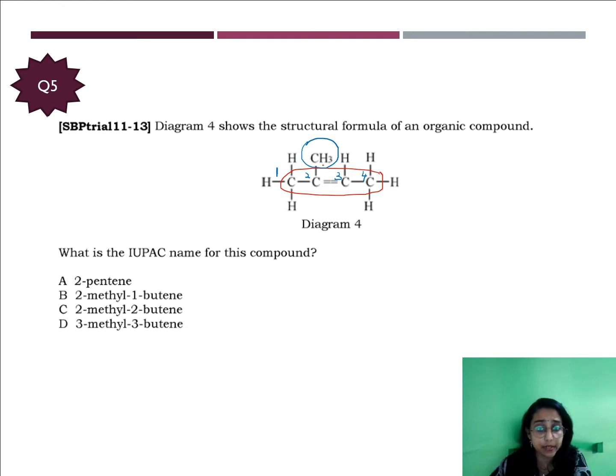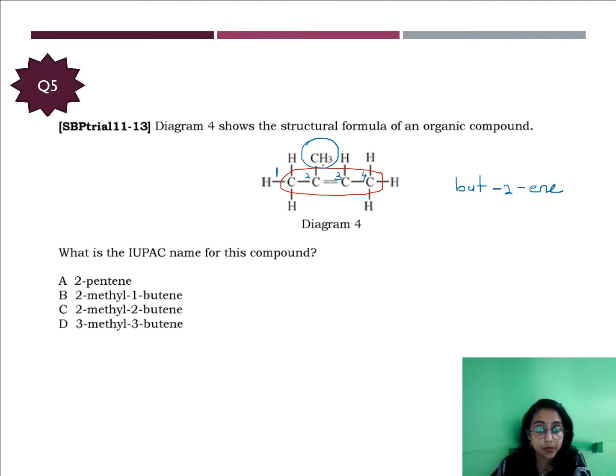And then we can start on naming the basic carbon chain first. The longest carbon chain consists of 4, so the prefix will be but. And remember, this double bond belongs to alkene, and I told you already, if it's alkene, we have to specify the location of the double bond. Double bond location is 2,